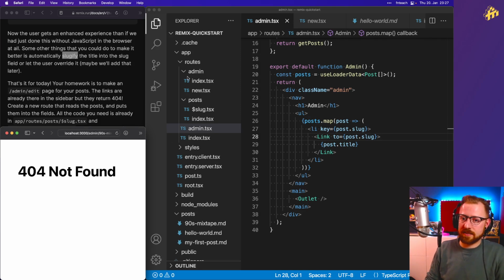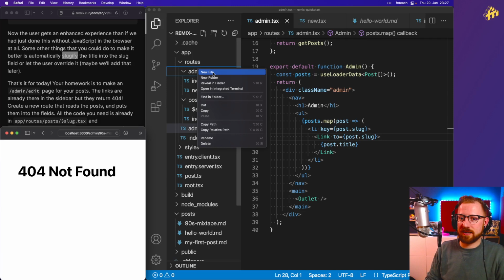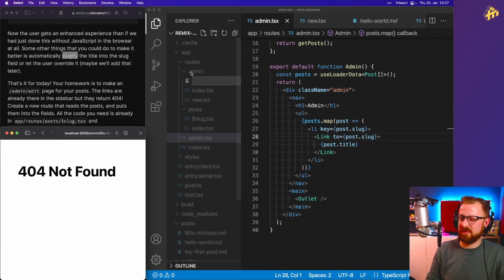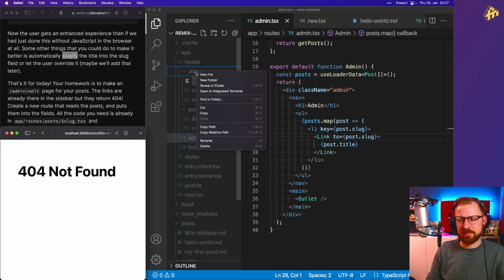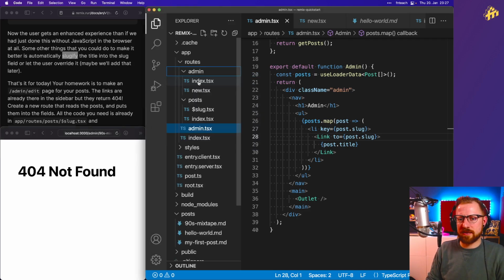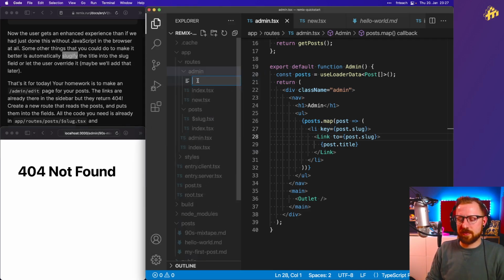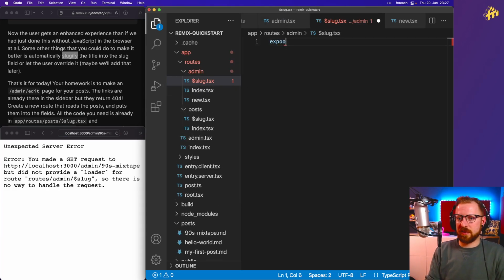This page doesn't exist. We can add it. So in the admin, we are going to add the, what do we call it? The sub route? The nested route, probably, of, come here, new file, $slug.tsx, export default function PostSlug,